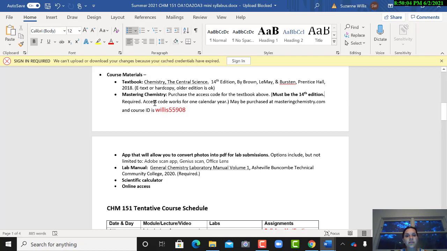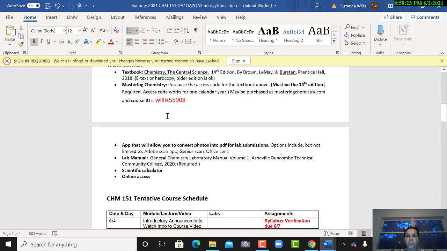Mastering Chemistry, absolutely required. It must match the 14th edition of this textbook, and you can purchase it at the bookstore or at masteringchemistry.com. Here is our course ID. If you already own Mastering Chemistry from a previous semester, it will work for 1 calendar year, so you don't have to purchase it again,